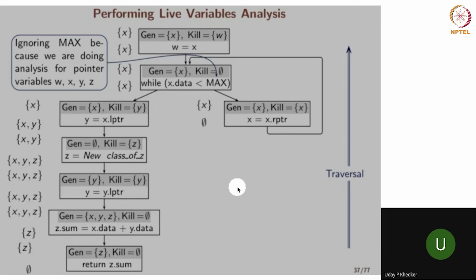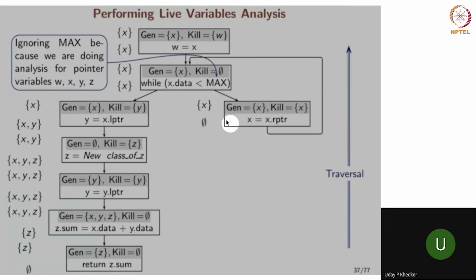So this is the effect of the first traversal. Here we assume that max is not a variable but a constant, and we are not tracking that particular variable. Now we need to redo this analysis. Note that for convenience, we are traversing in this direction. Nothing will go wrong if we traverse in the other direction as far as the result is concerned, except that the computation will take more time. The computation will become inefficient.